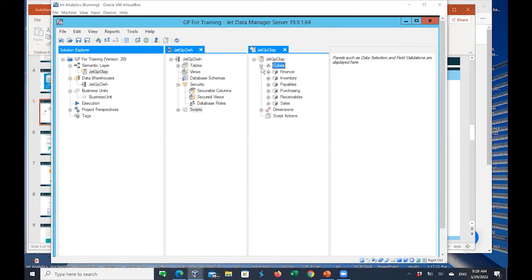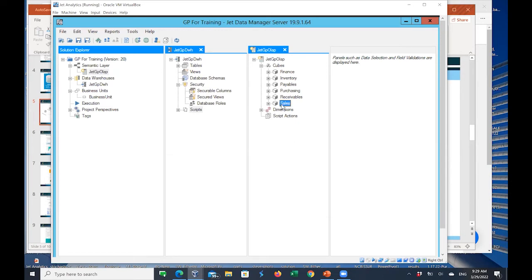Under the cube node, you'll see the various cubes which have been created. Now for this standard project, which was developed for you by JET, there are cubes relating to finance, inventory, payables, purchasing, receivables, sales,